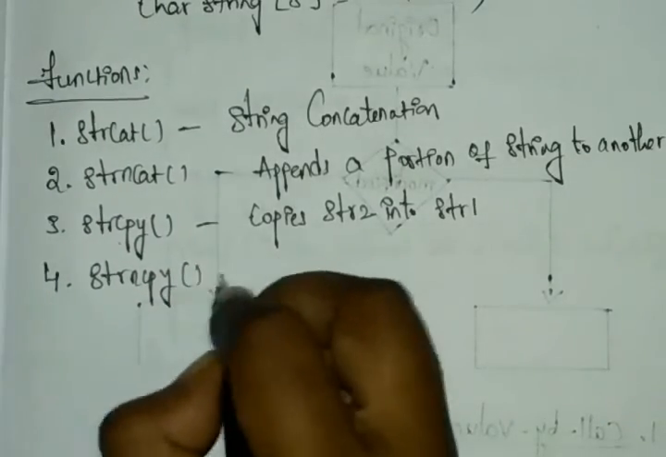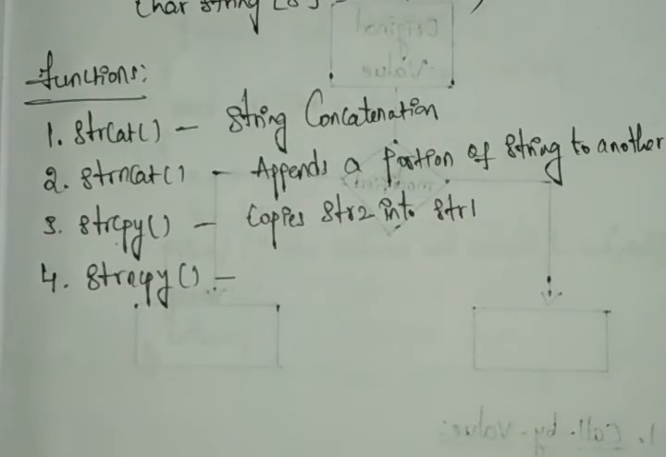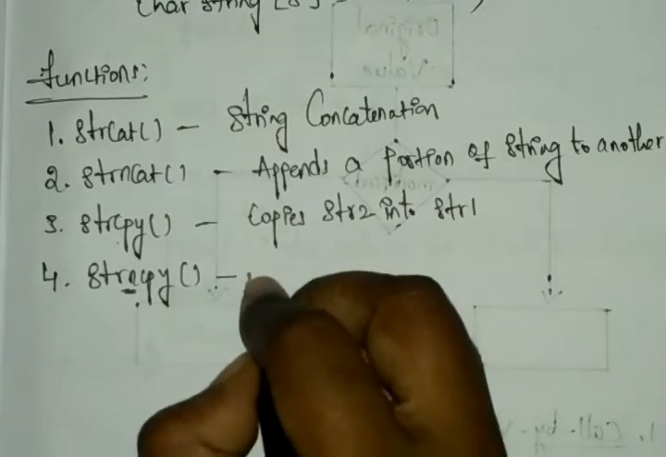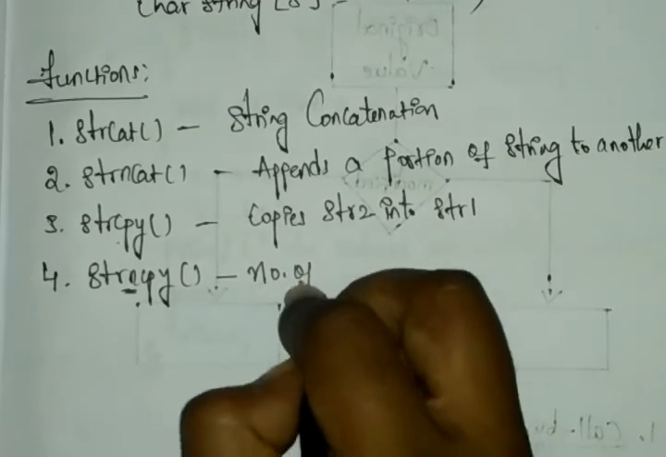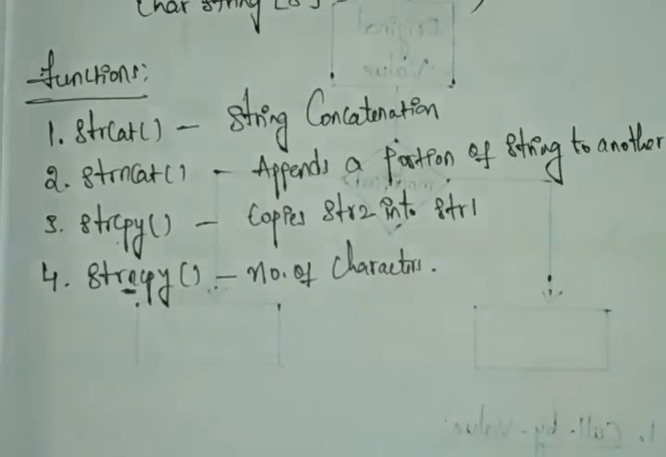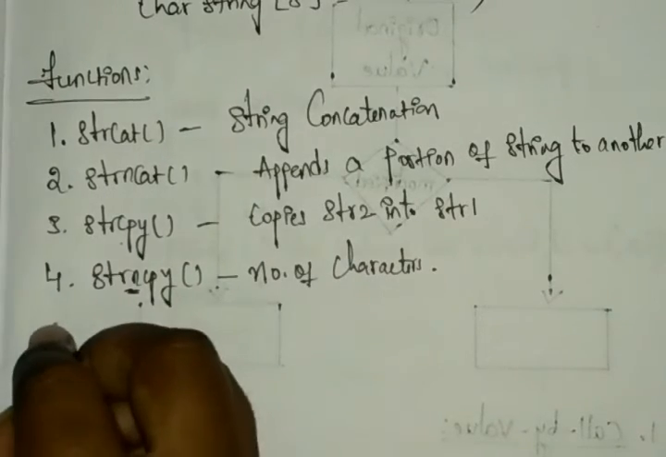It is also copying performance only, but it copies the given number of characters from one string to another. So here we have the n, right? For that case, we can specify the number of characters. By the number of characters, we are copying the string to another string. And next,